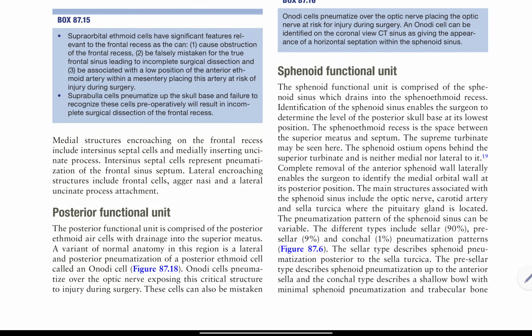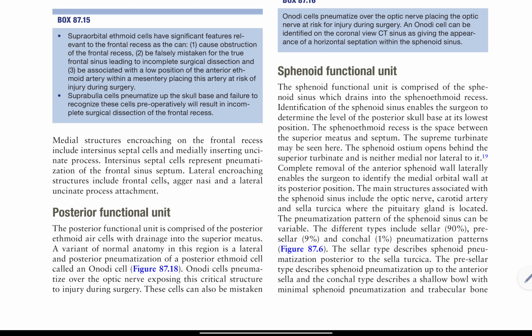Box 87.15. Supraorbital bulla ethmoid cells have significant features relevant to the frontal recess as they can: 1. Cause obstruction of the frontal recess. 2. Be falsely mistaken for the true frontal sinus, leading to incomplete surgical dissection. And 3. Be associated with the low position of the anterior ethmoid artery within a mesentery, placing this artery at risk